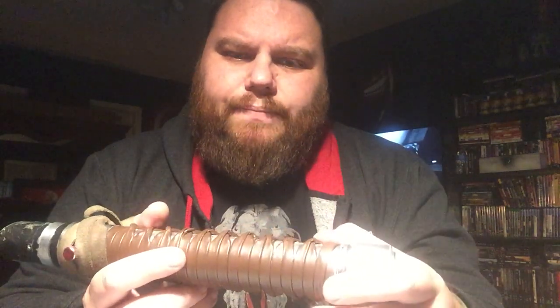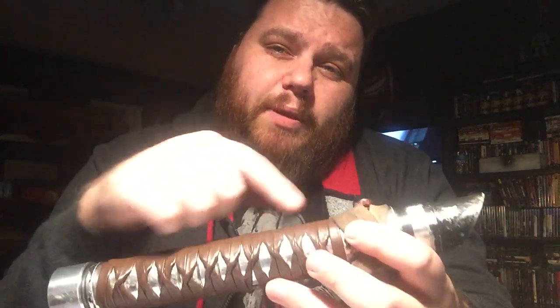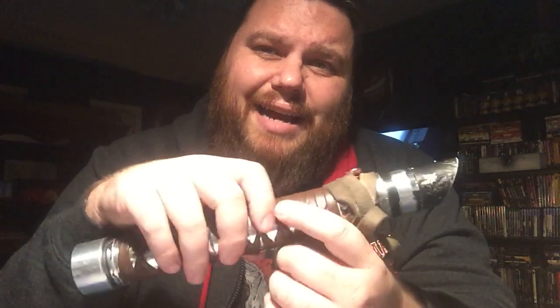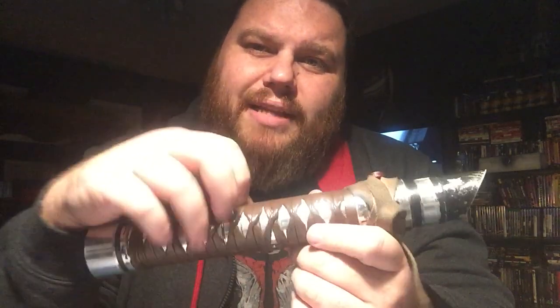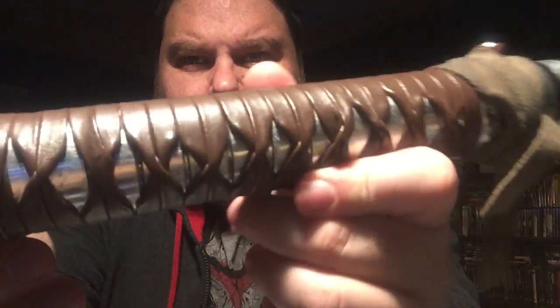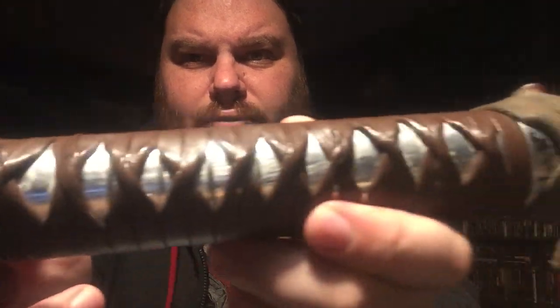Ito wrap is a Japanese style of wrapping, and usually they have something inlaid down in there. What is it? I can't remember what it's called. There's so much to samurai swords that I don't know that much about. It's super interesting, and I love learning about it, but I don't know the techniques. I just learned how to do it because there are ways people have done it, and I think Rahm Kota's actual saber is just an X overlay with a thicker leather, so it gets that diamond that you want across it, but it's not a wrap and twist. See how these are twisted? They're twist-folded, and that is difficult to do